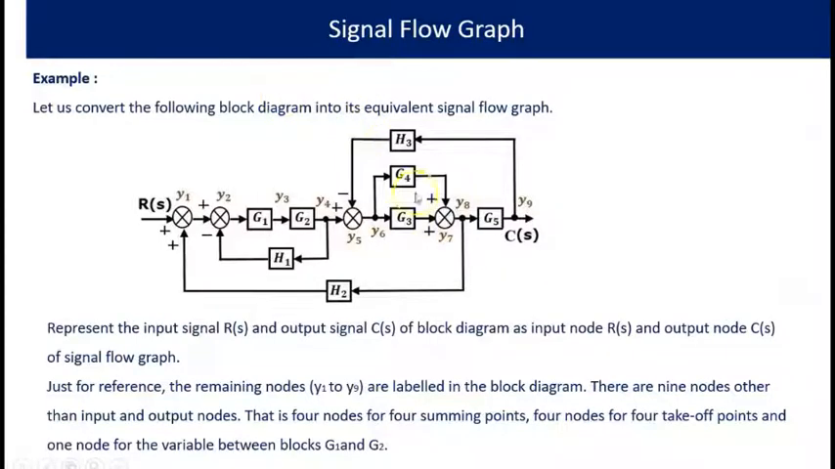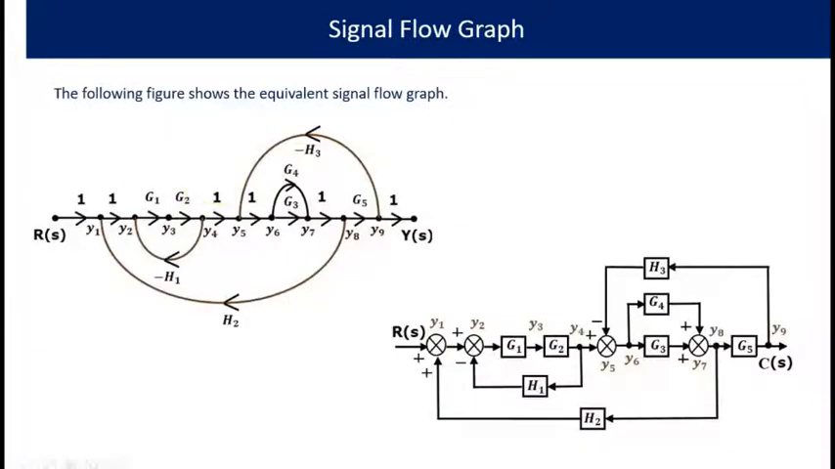Now let us convert this particular block diagram into a signal flow graph. That is two summing points, so y1, y2. We can connect a branch with unity gain. This particular branch, between these two summing point nodes, there will be a branch with unity transmittance. Then G1, G2,